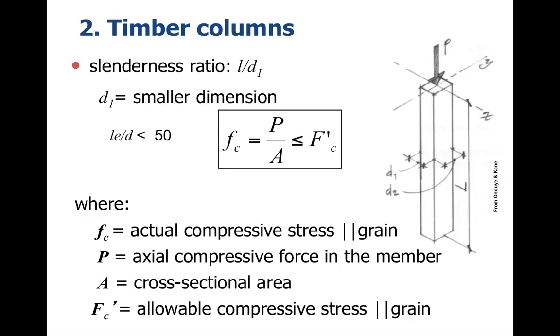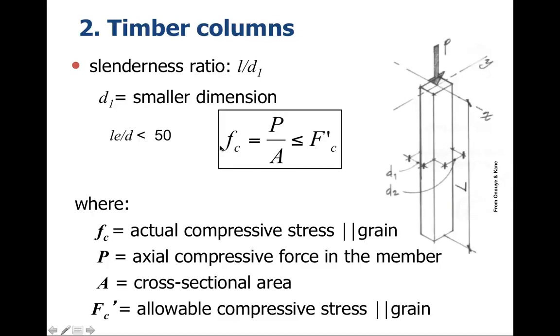For timber columns, we have a different sort of examination. Here's our slenderness ratio, L, the length of the column divided by D1, where D1 would be the narrower axis. So D1 being the smaller dimension. Now, if we have, say, the short